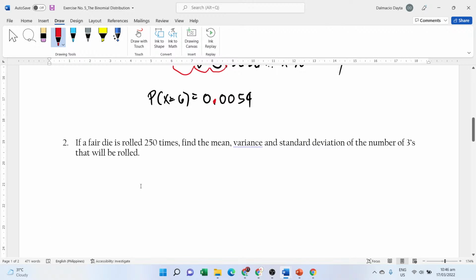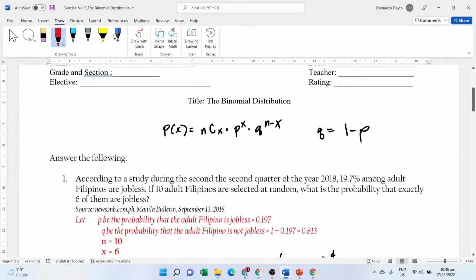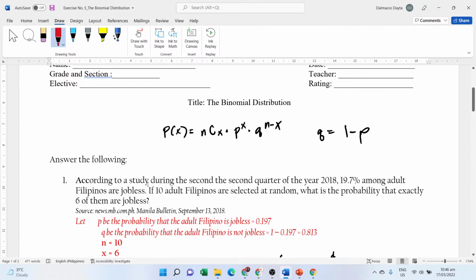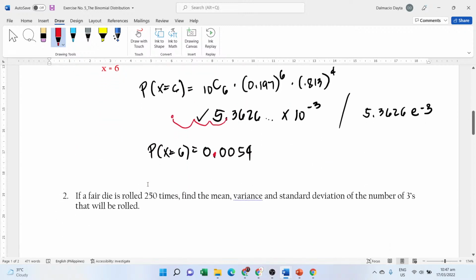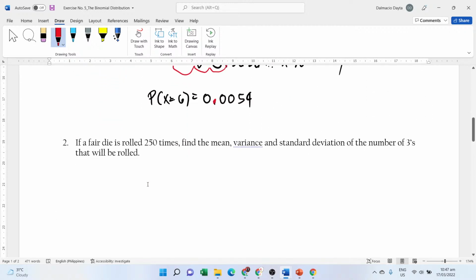In addition to our formula, this formula is only for the probability of the random variable binomial distribution. Now, for the mean, variance, and standard deviation of the random variable of the binomial distribution,